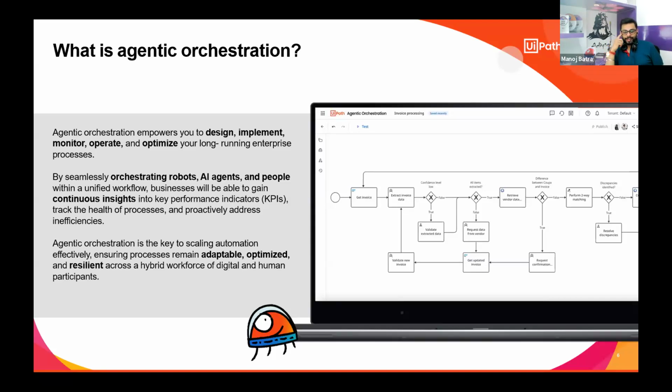Let me give you a very simple example. Think about you being a director of a movie. You don't just tell one actor, okay, you need to do this thing. You guide the entire cast, the lighting, the music, the editing, video editing, picture editing, everything to tell a powerful story. So that's what agentic orchestration does for a business process.